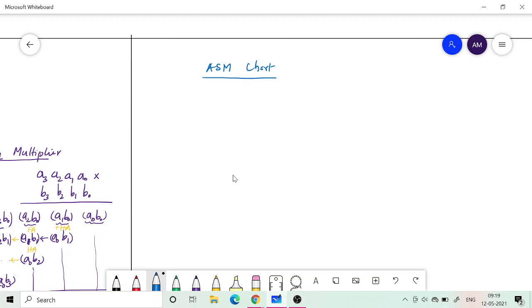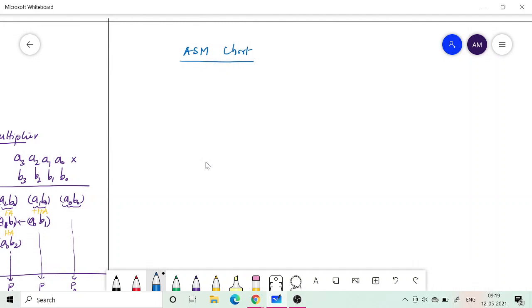But apart from that, in the ASM chart we have some detailing of the hardware that corresponds to this design.